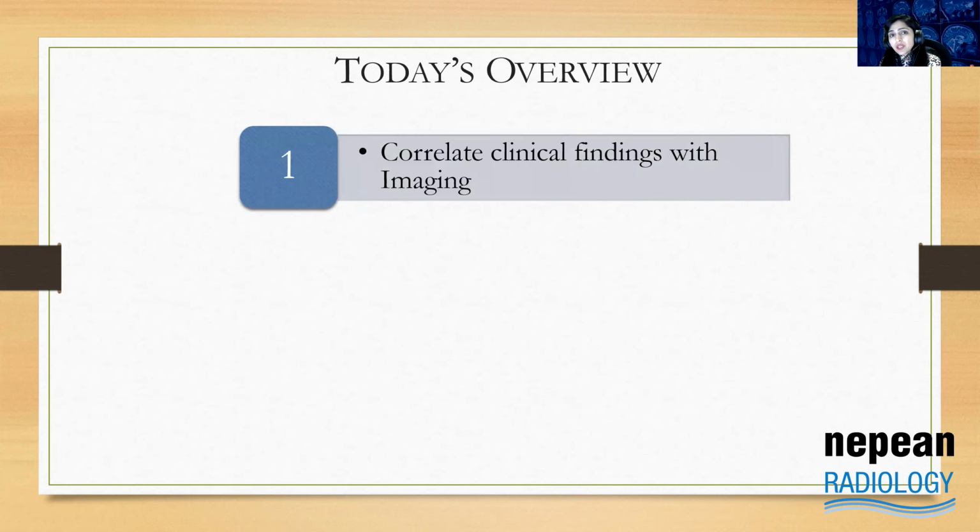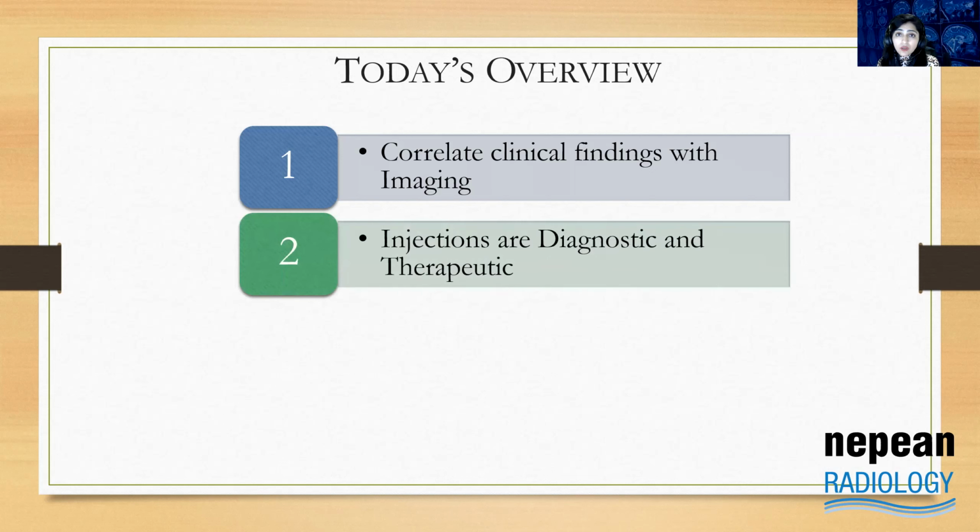So when a patient comes with pain, correlate clinical findings with imaging. And in Australia, imaging for most patients means ultrasound, especially for MSK injections. MSK ultrasound is a very big part of all the ultrasounds we perform in Australia. Imaging of all the joints and bursas, and we can diagnose everything with that. So correlating the clinical findings with imaging is very important. Then injections are diagnostic and therapeutic.